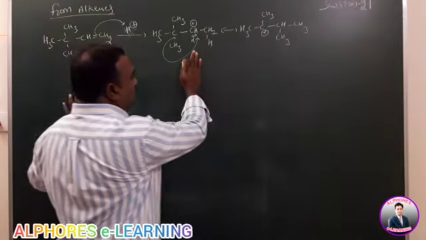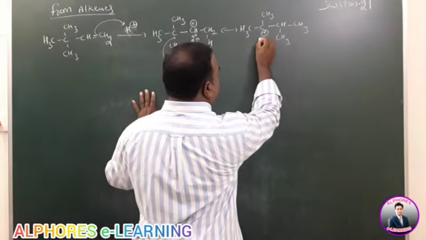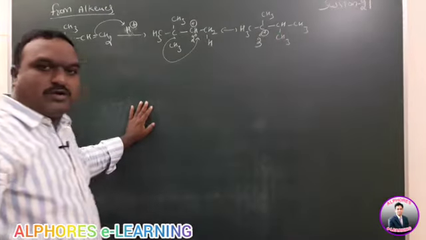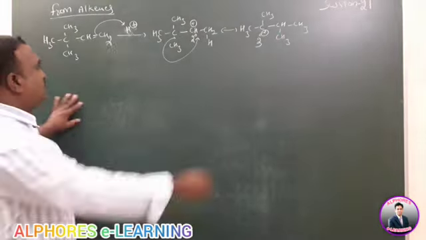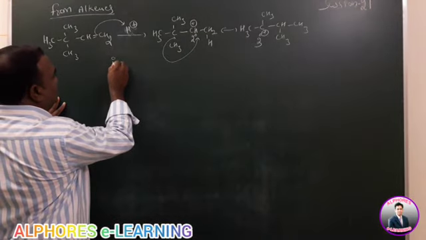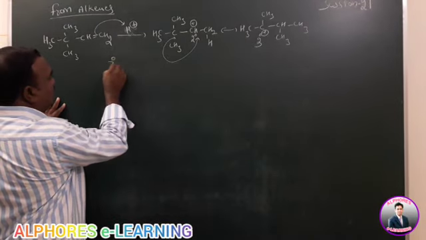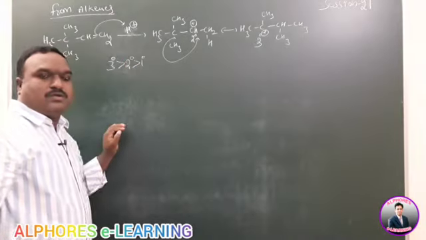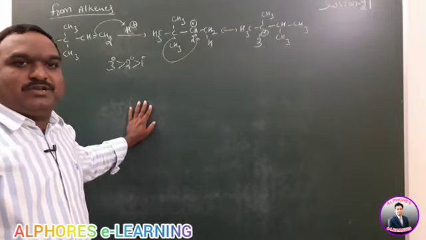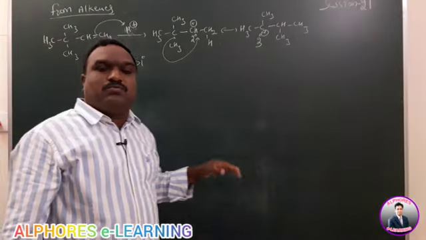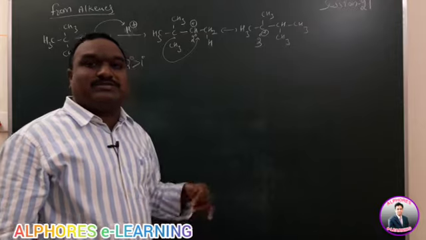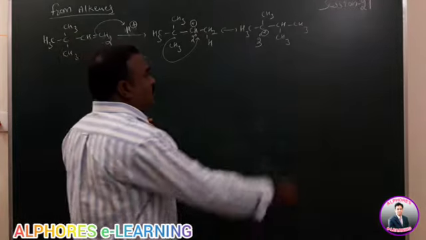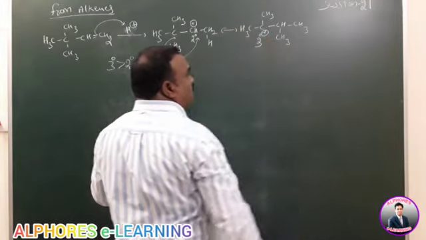When compared to this one, the formed carbocation stability is more, reason: tertiary carbocation. The carbocation stability order is tertiary is greater than secondary is greater than primary. Based on the rules, we can explain why tertiary has more stability when compared to secondary. Secondary is more stable when compared to primary, that is different. Now the formed one is the more stable intermediate.